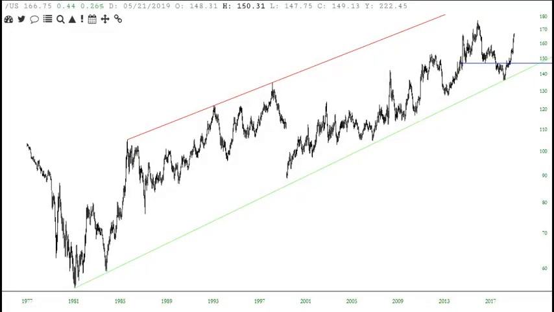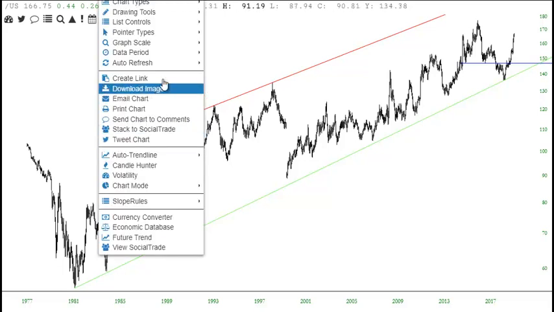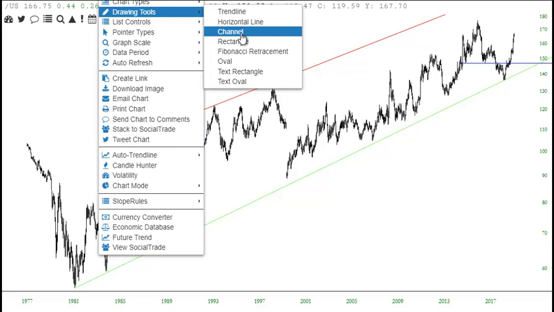A channel is a pair of roughly parallel lines, the more parallel the better, on a chart which seem to bound prices, representing support at the bottom and resistance at the top. Within slope charts, the way to draw a channel is simple because there's a drawn object called channel right here,